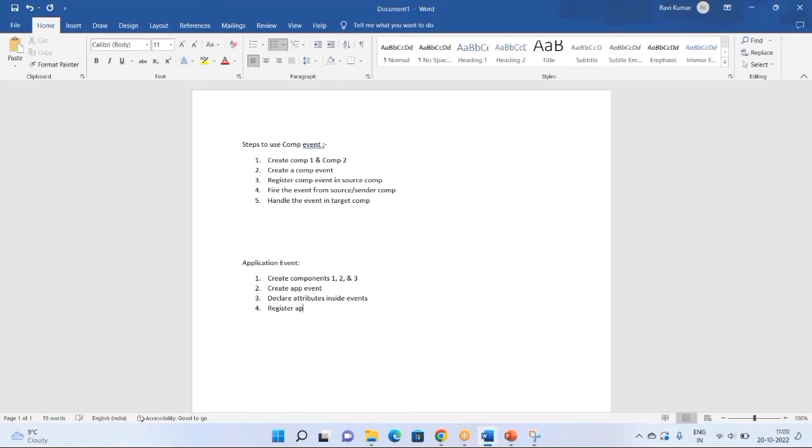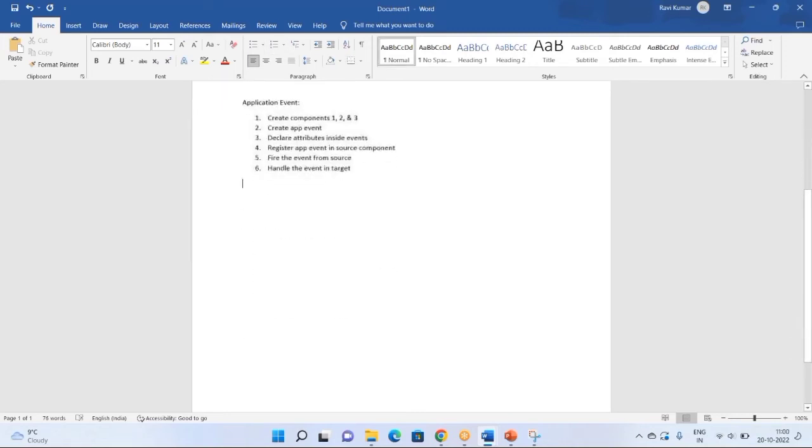Register the app event in the source component, because when we are sending the data, the communication will be the same, source to target. Fire the event from the source, handle the event in the target. So let me draw one hierarchy,